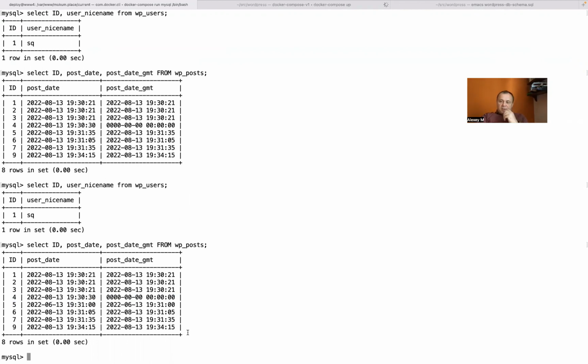And that means that this is not the timestamp of when the row was added in the database, but it's actually a data. So for example, it could be used if you import some posts from a different CMS, you can specify when those historical posts were created. And that makes post date an actual attribute,